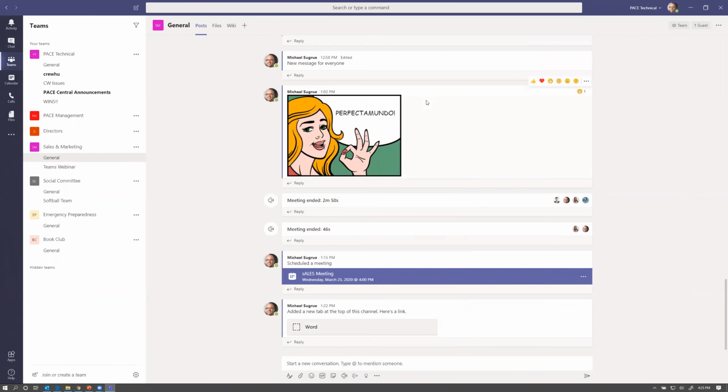So guests can't be invited to meetings and they don't have that calendar access, but they can still participate and be invited in meetings, etc. Okay, so that's a general overview of the team section. So managing members in the team, I said I wanted to go through that.